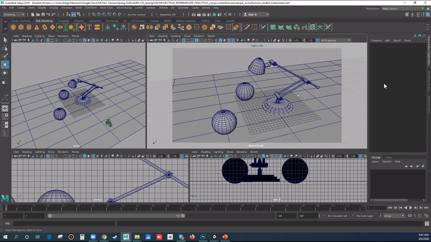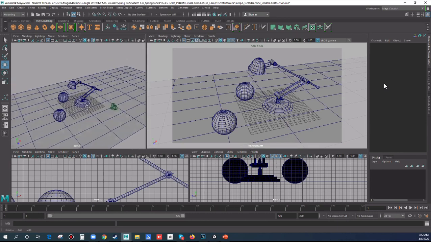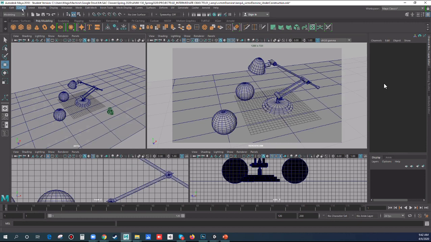Okay, now we have to decide how the lighting is going to be. I'm going to say that the lighting is going to be driven by, in this case, the lamp itself being the light. So I'm going to put a light inside this, casting down here, and that should be the key light. That'll be the main light. So let's do that. To do this, I will go ahead and create a light,